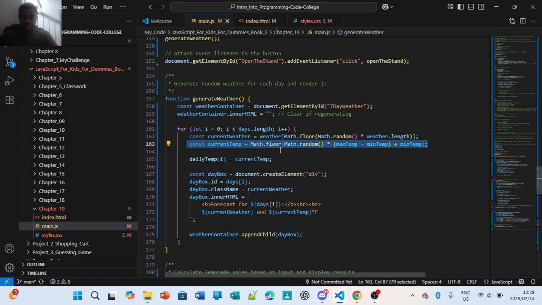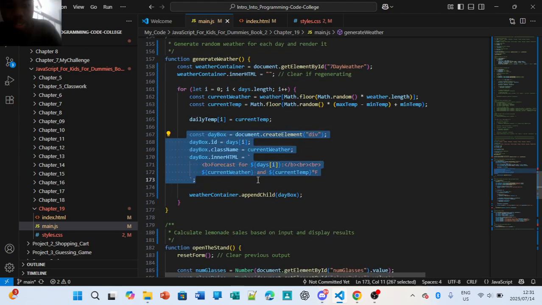So constant dayBox equals document.createElement div, dayBox.id days. So we got a constant called dayBox, right? What that does is it refers to the box, the days in our box, right? Then within that box, we're going to have our days, our indexing for our days, then our class name, which is current weather, and then